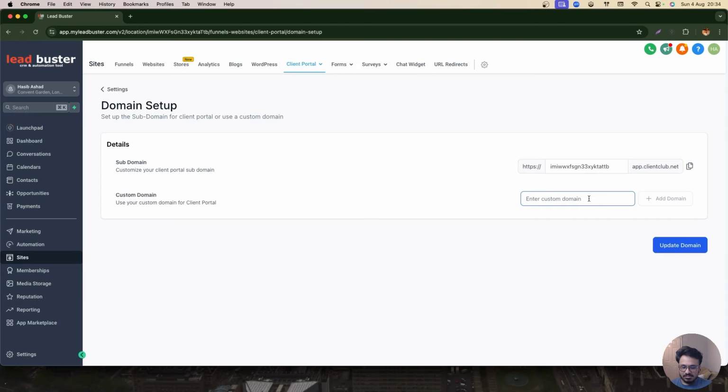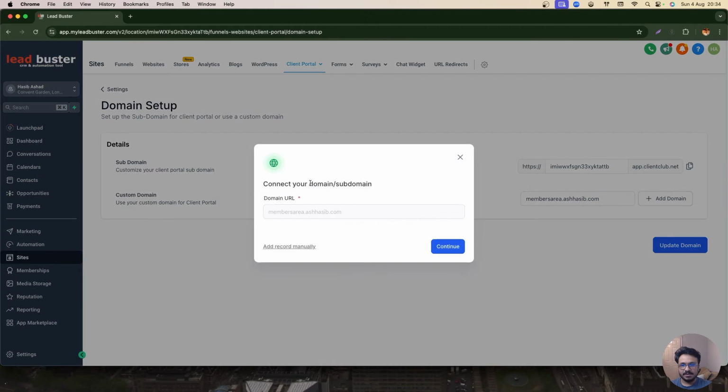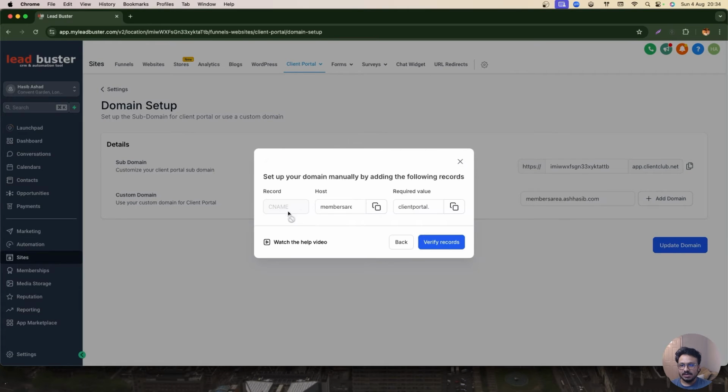So I'm going to do membersarea.com, add domain, and now it's going to ask me to add a CNAME record, which is a DNS record. If you don't know what a DNS record is, I actually have a video explaining all this stuff. But if you don't want to go through the hassle, just contact your domain or hosting provider. Definitely they'll help you. Or if you want to do it yourself, maybe you're using GoDaddy or Namecheap or something like that, just type GoDaddy DNS zone editor or Namecheap DNS zone editor. No matter what kind of hosting or domain provider you have, you're definitely going to see the article to edit